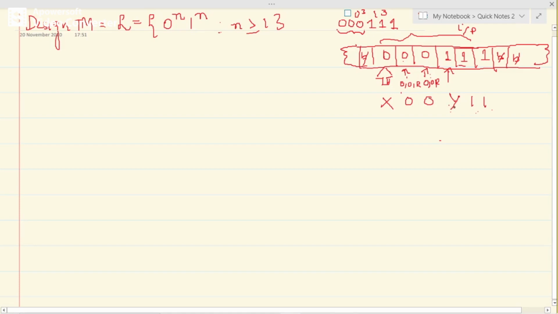After changing 1 to y, the read write head should take a left move, so it comes here. So 0, 0, L. Its aim now is to get the next 0. How do I identify the next 0? The indication is that this 0 is after this x. After this x, the first 0 will be available. So you take a left move until you get x. So 0, 0, L, 0, 0, L, and finally you will land on x.